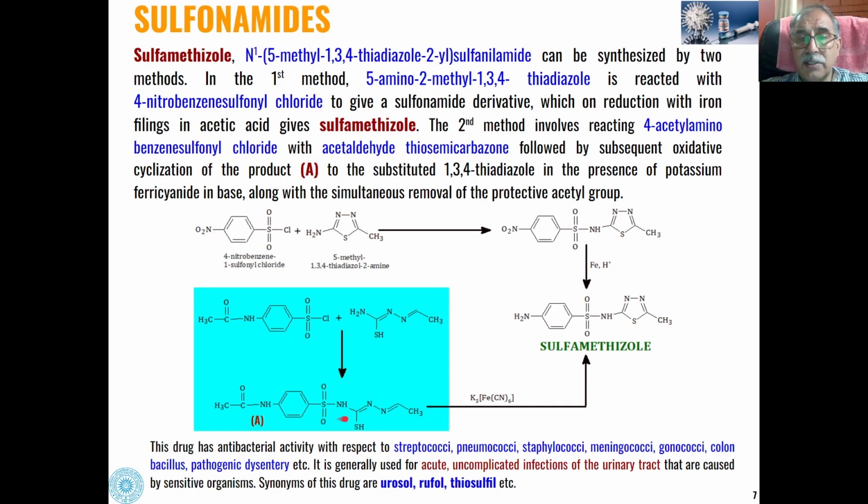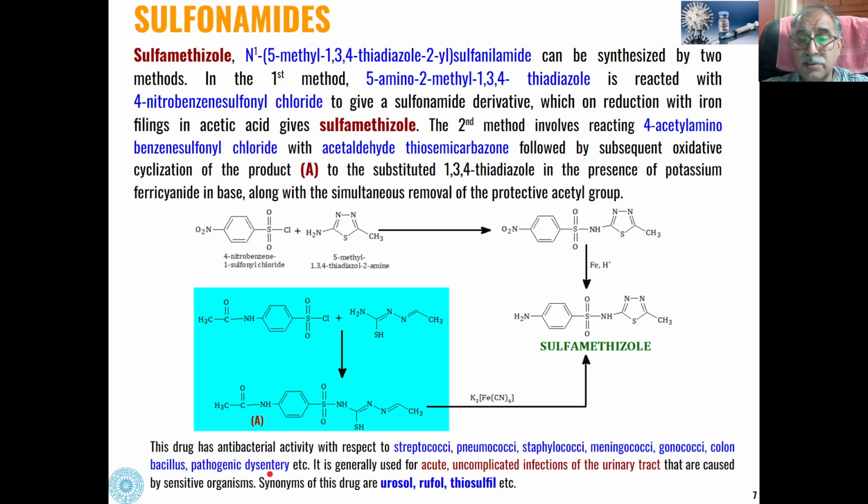formed, and then in the presence of potassium ferricyanide, this will undergo cyclization to give us this compound, followed by hydrolysis, reductive hydrolysis of this group to give you amines. And this drug has antibacterial activity with respect to many types of